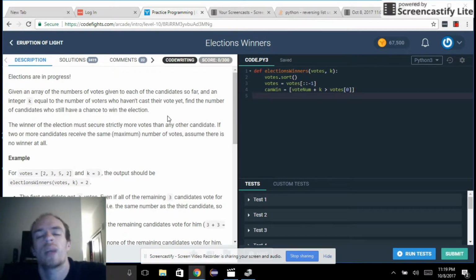So now we have to worry about can win index 0. Right now, if K is 1, then it handles it fine. But if K is 0,